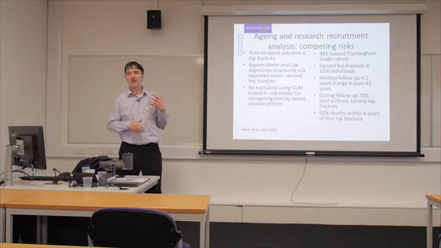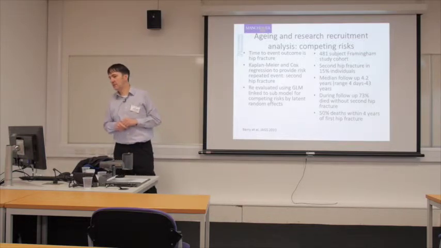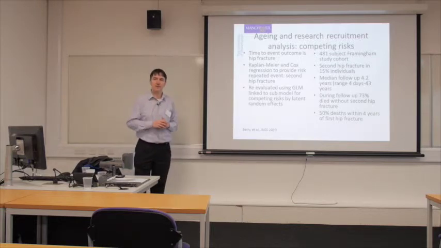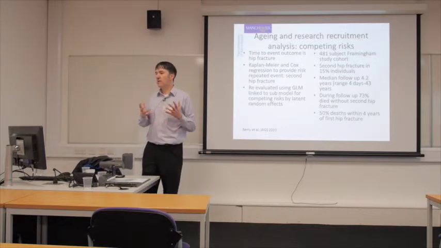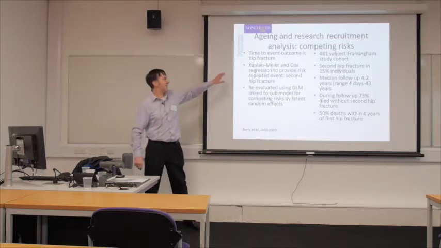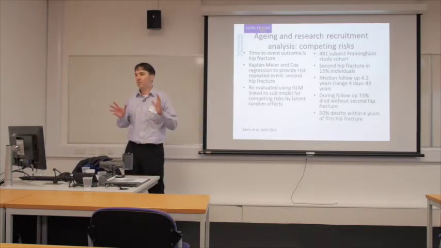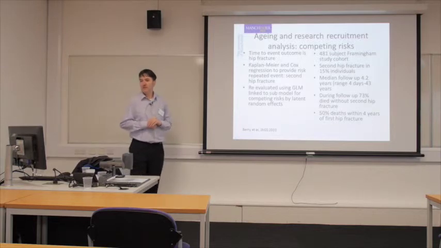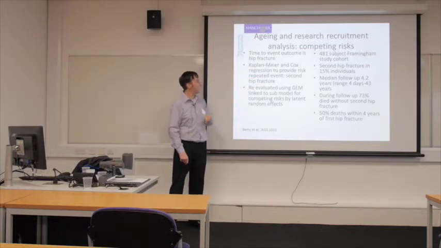There are things like the Kaplan-Meier, log-rank test and Cox regression, which allow you to use some level of censorship across time. So we've got a time to event outcome here, which is hip fracture, which is common in older people and a very important problem. And we can use those two methods to give us a risk of a repeated event,